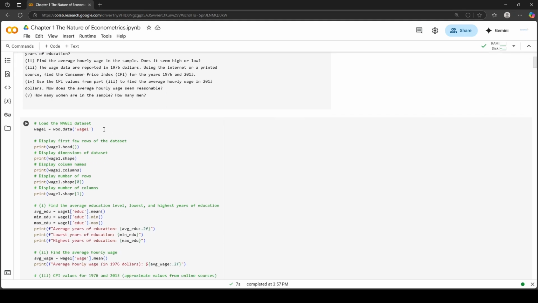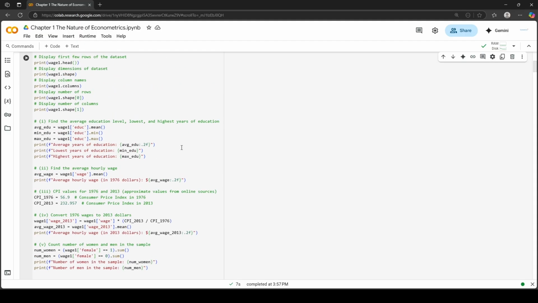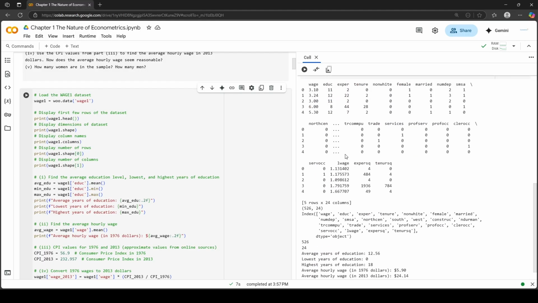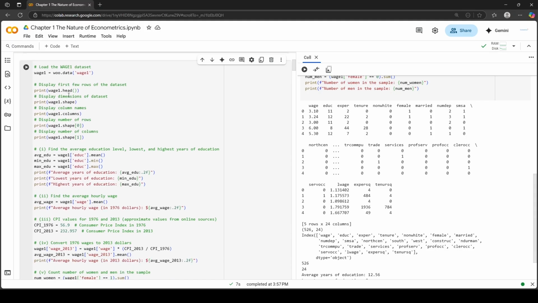So let's begin. So this is the cell where I have already programmed the commands. So let me make the output cell as a mirror so that we can see it side by side. So on the right hand side of the screen, you can see the output of this code, and on the left hand side, this is the code. So let's see. First, load the dataset wage1. Type in the data frame by any name you like. I'm using wage1 equals woo.data in the bracket wage1, and then it is a good practice to